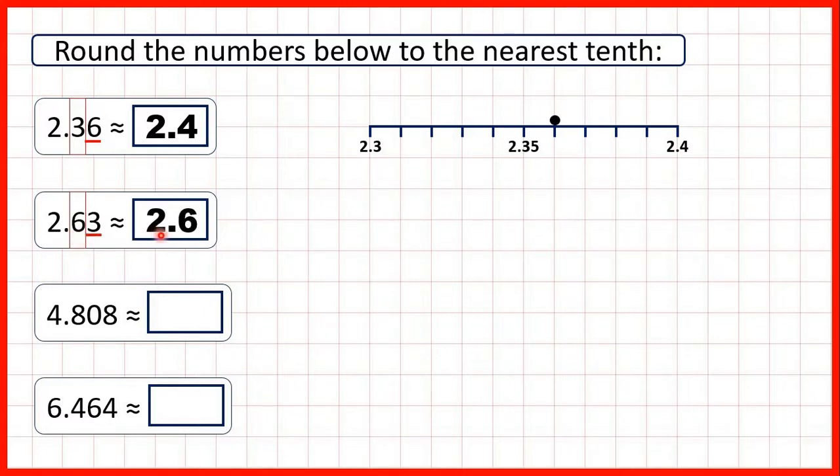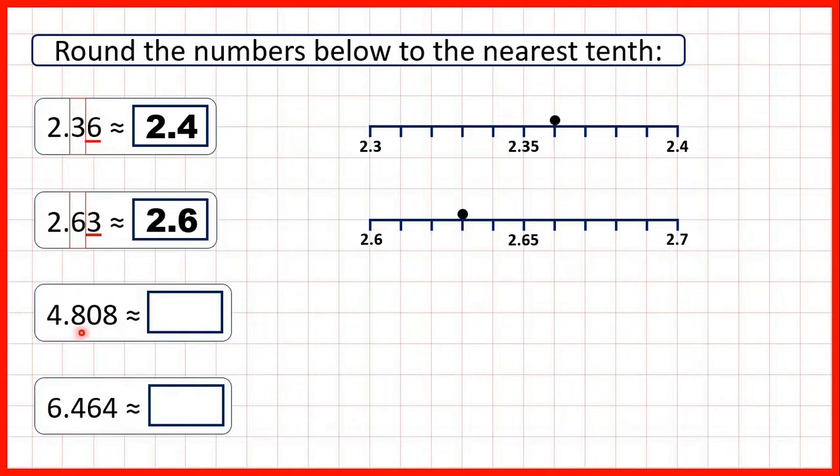So we have 2.6, because the 2 in the ones stays the same as well. And on a number line, we can see that 2.63 is between the tenths 2.6 and 2.7, but because it's closer to 2.6, that's what it rounds to. Now we have